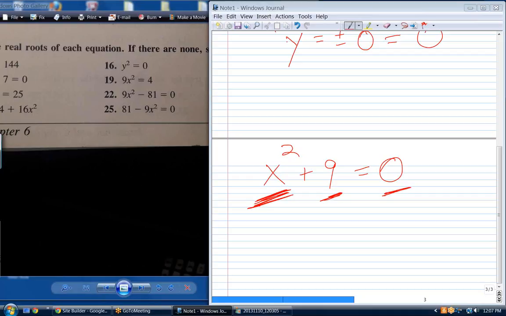So this can't be a normal math problem. What's the next step in solving this? Would you subtract 9 from both sides? Then x equals